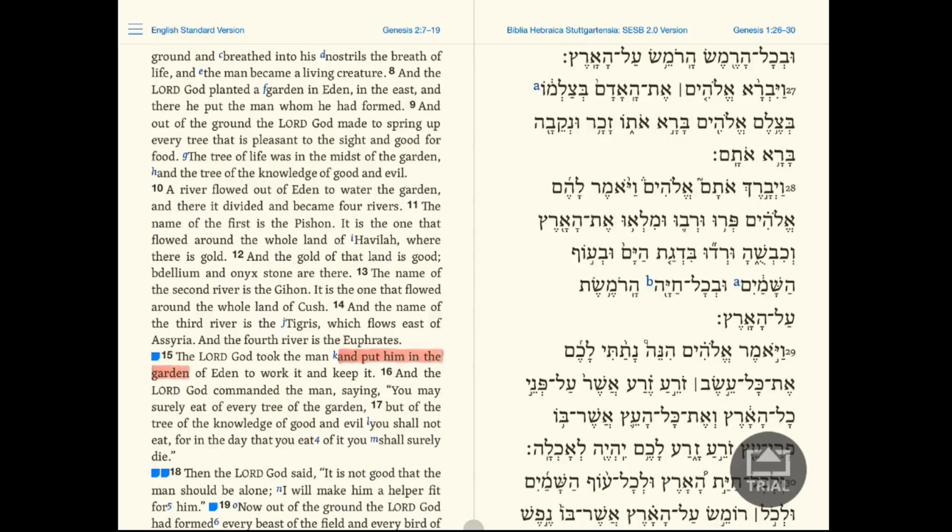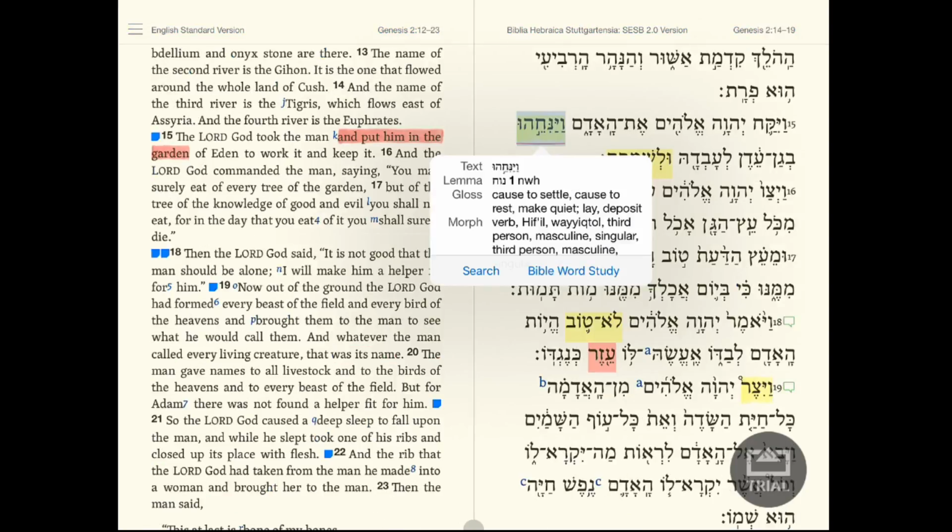So I can also get information about the morphological and lexical nature of the words. For example, I click on it and I say look up. Now, the looking up, as you see, takes quite some time, and it's only working when I have an internet connection. So to sum it up,